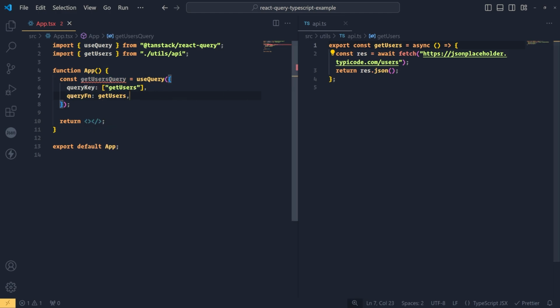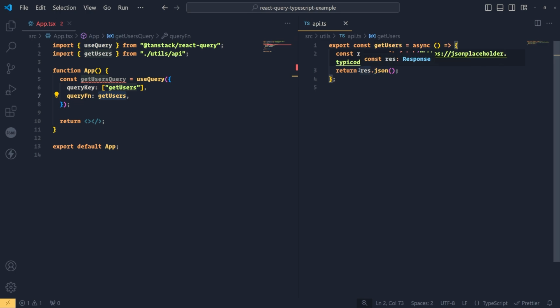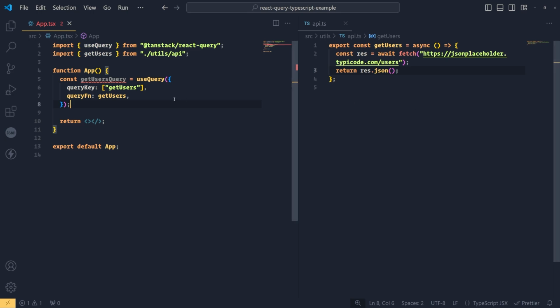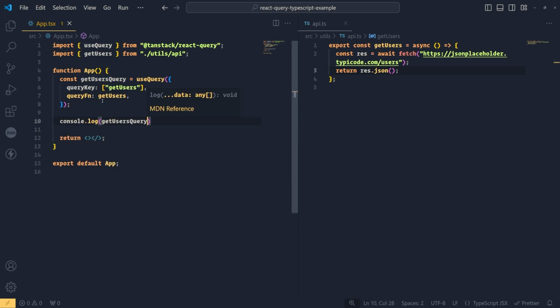Okay, so now what we just did was set the query function to be this getUsers function. So React Query will invoke this query function, which is going to invoke this getUsers function. Internally, it's going to make this fetch request. If it's successful and there's data, it's going to call res.json. Then it's going to save that JSON data internally. It's going to manage that state for us. And if I console log getUsersQuery, you're going to see a bunch of fields